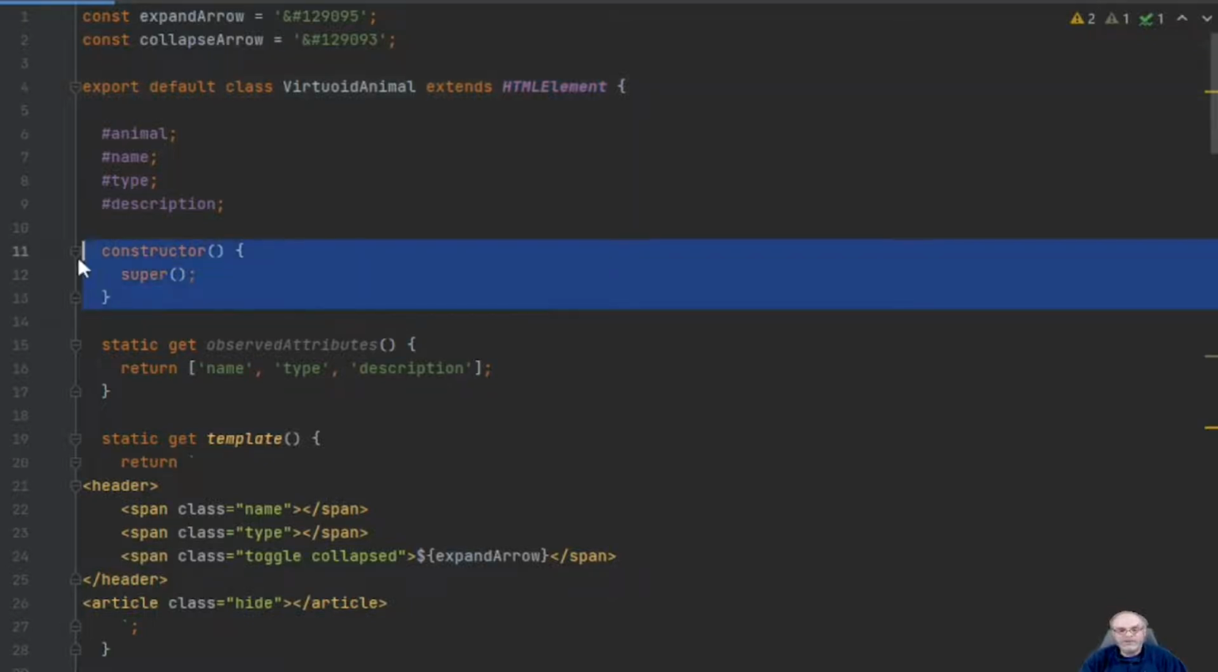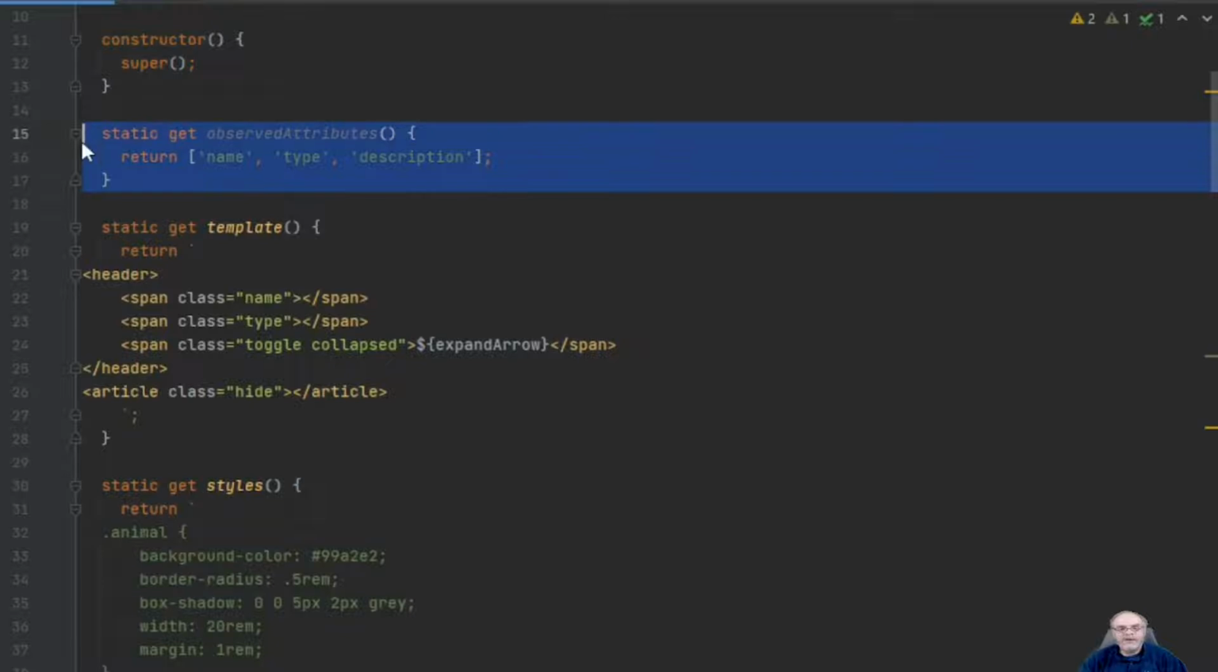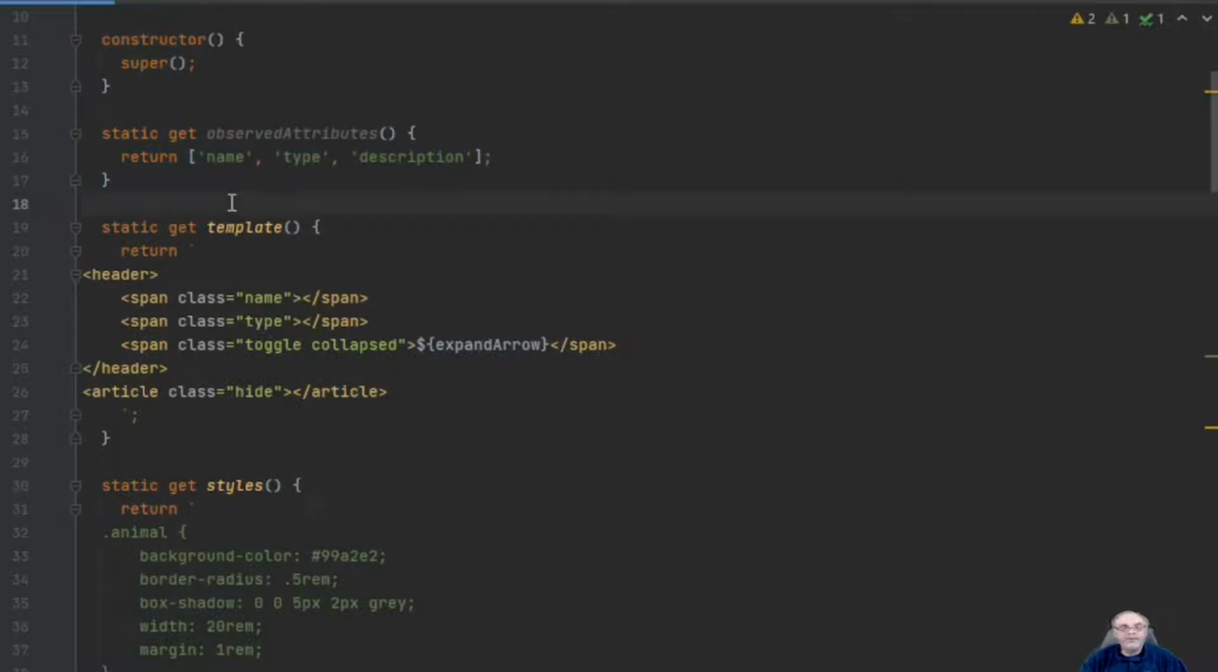First of all, in the constructor, we always have to call super. We also have to tell the system what attributes we're going to look at, and that's under a reserved getter called observed attributes. In this case, I'm reserving name, type, and description. That's going to become very important a little bit later on. So this is telling JavaScript that, hey, this particular custom element is going to have three attributes: name, type, and